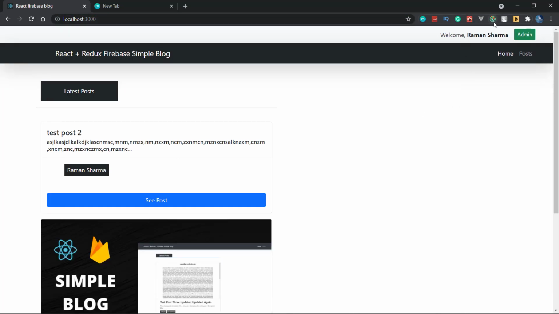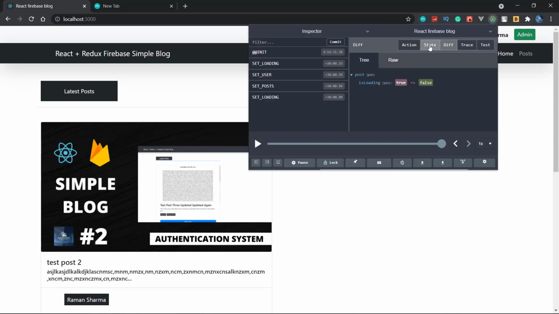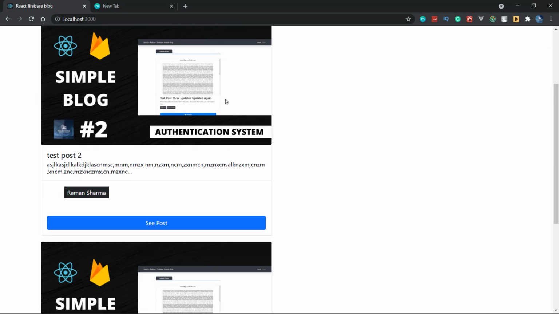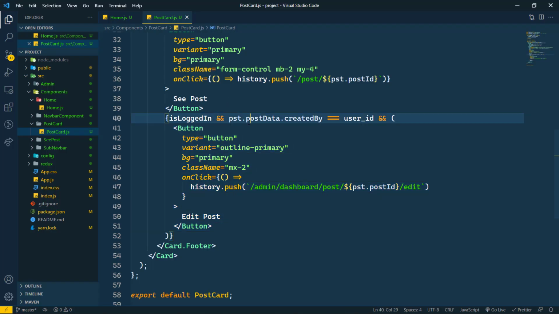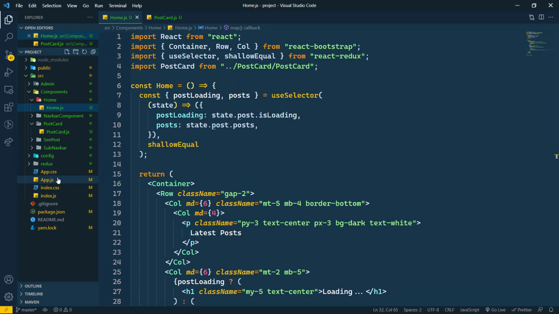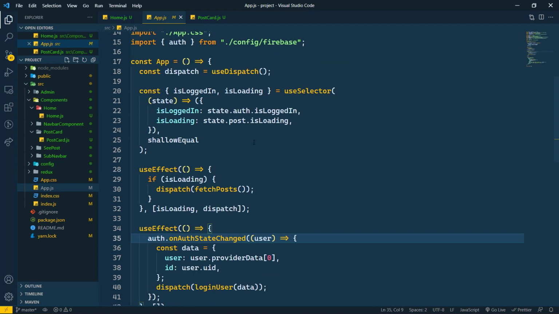In the home page we are also getting the post, but here we are not getting the post. So this thing, we can say that we are having the error here. So let's see what is the actual error.